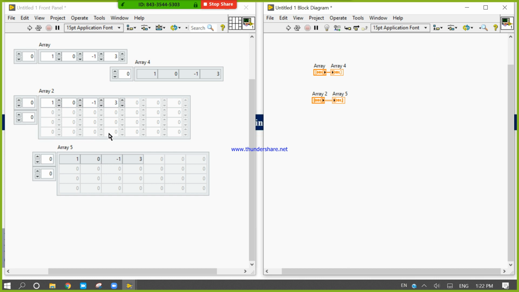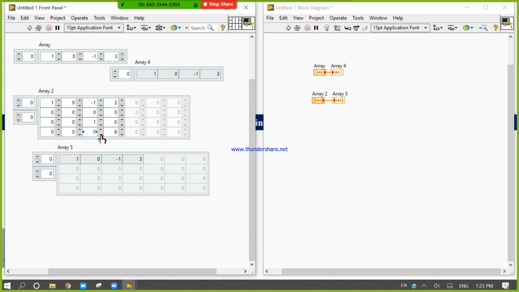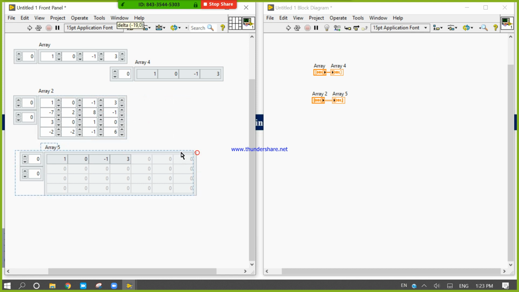Okay, let's initialize this one. 5, 1. Now this portion is useless, it is just a cell, but useless because we didn't initialize it.